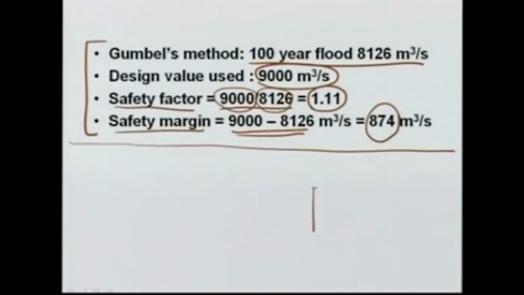So, the basic aim of routing is to find out how the inflow hydrograph gets changed as the outflow hydrograph, because the outflow hydrograph will be different from the inflow hydrograph, and we need to find out how it will be different. So, for example, if we have, let us say, a dam here, and there is some inflow coming in, there is water level here, the discharge over the spillway Q will depend on what is the water level here or what is the height h. The storage within the reservoir will also depend on the height h,